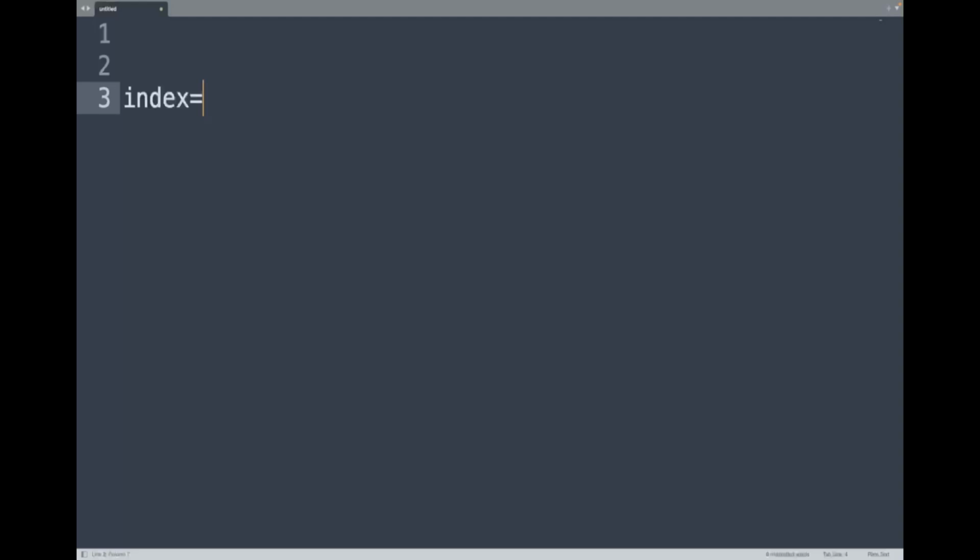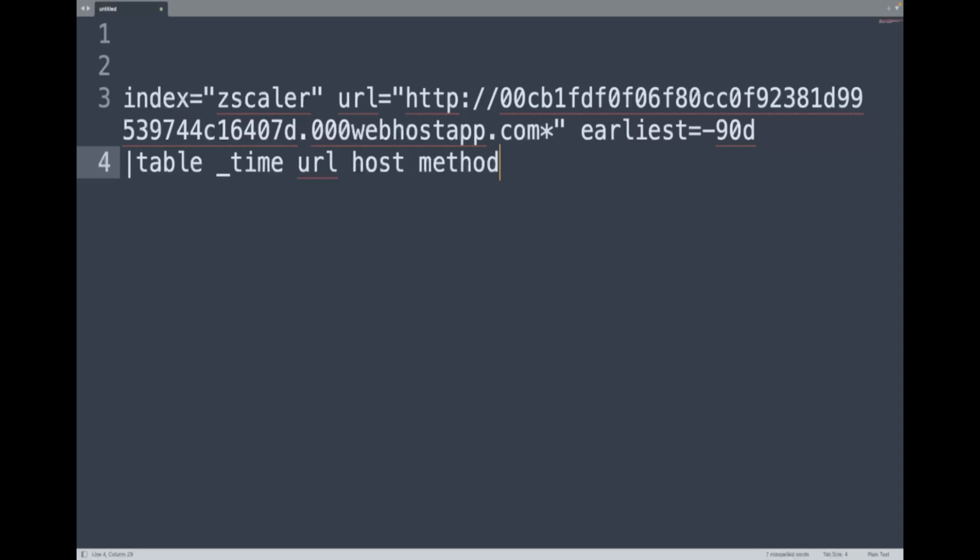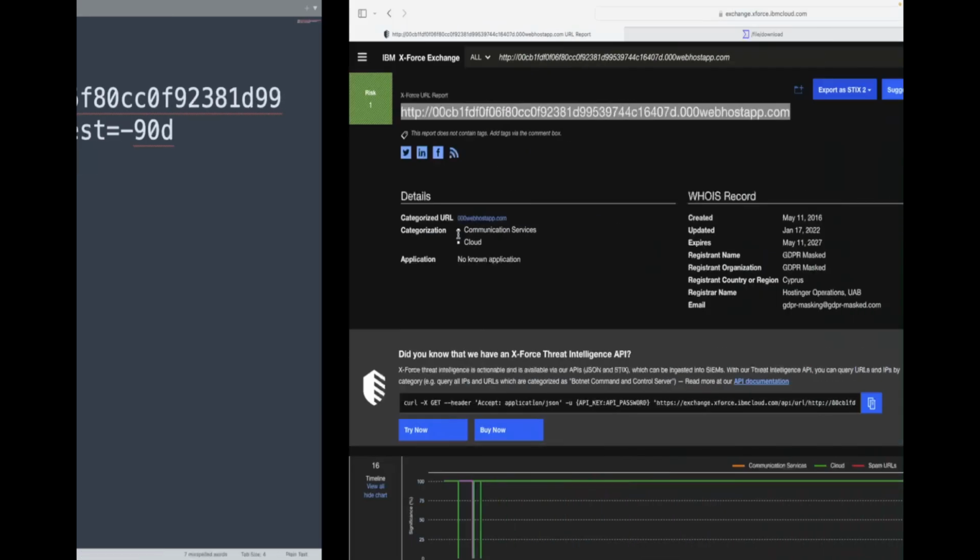So we're going to do index equals. In this case, we'll say we're working with Zscaler. And we're going to do URL equals. We'll pop that in. Probably throw this in as well, just to see if anything hit on that one. And then we'll do, let's get a little crazy, earliest 90 days. And then what we'll do is table this out. Some of them will have method. I don't think Zscaler will do it. That might be PAN. There might be a source type involved. I'll talk about source types as we progress. And then we're basically going to look for this